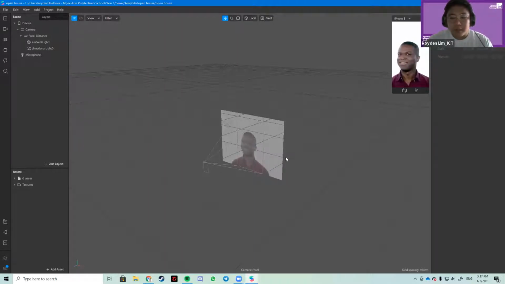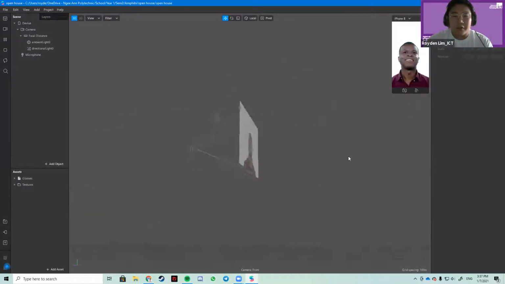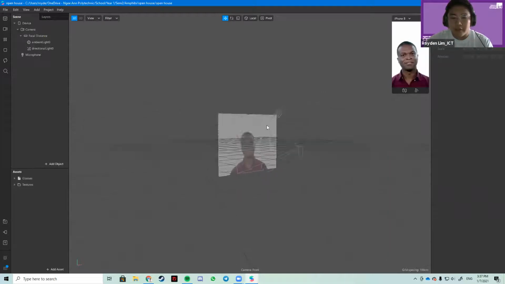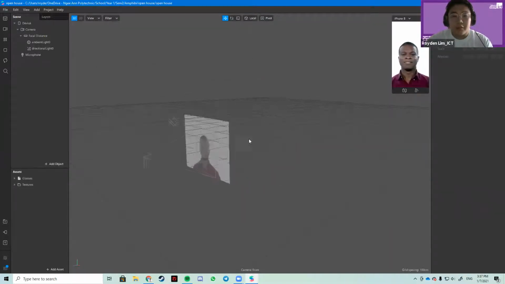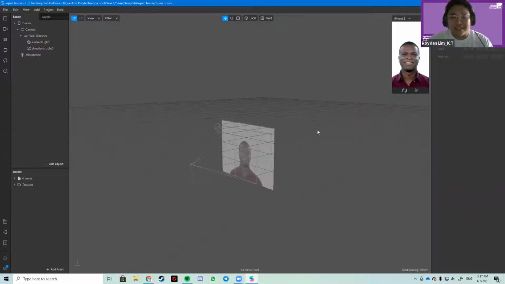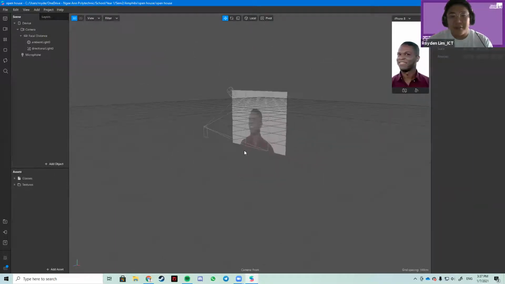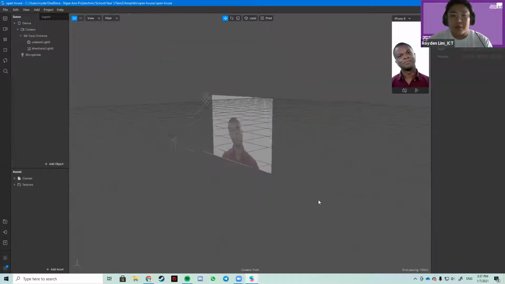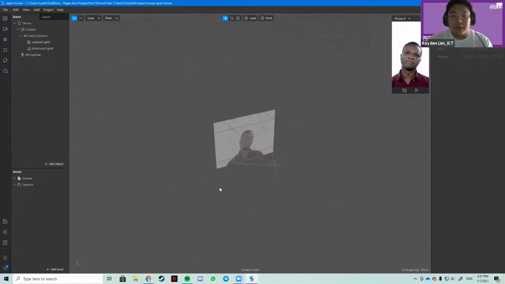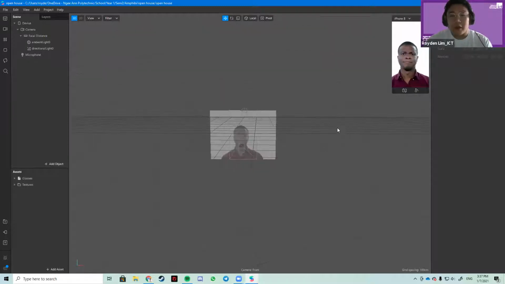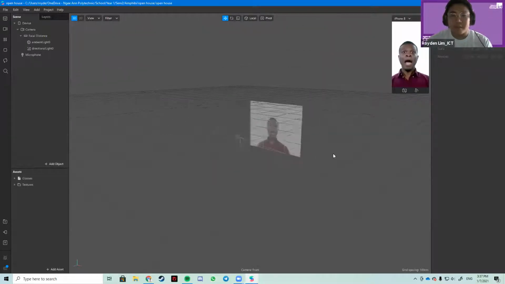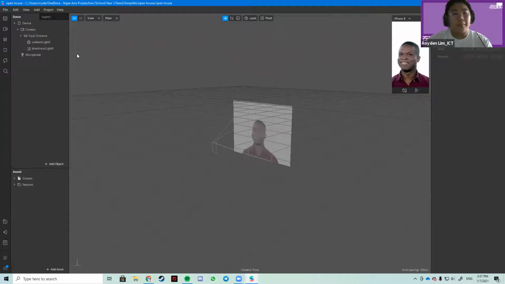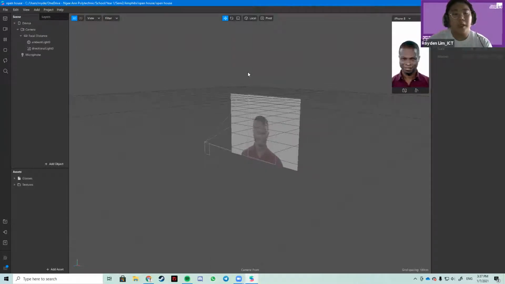By using the right click, you rotate around a point. So you rotate the camera around. There's me right clicking and moving up. And by using the middle mouse button, you will move it like this. And if you use the scroll wheel, you'll start zooming in and out. So this is how you manipulate the camera to move around and see different objects. Following that, I will show you how to create